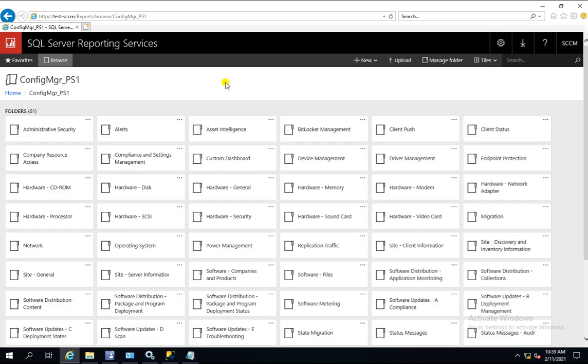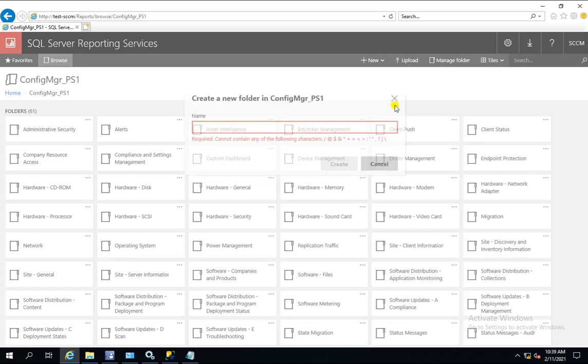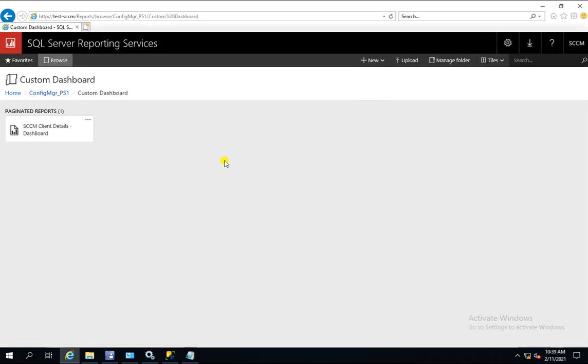In the last video I showed you how you can create a folder here. This is the custom dashboard folder I created. Even if you want, you can just right click and create a folder, then put in the name. So I created a custom named folder here, and I'm going to import my file.